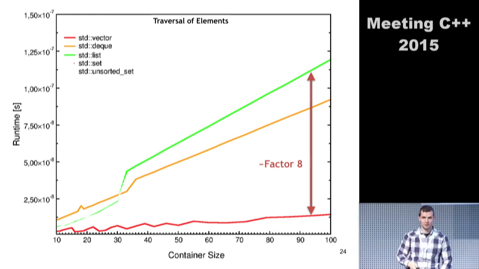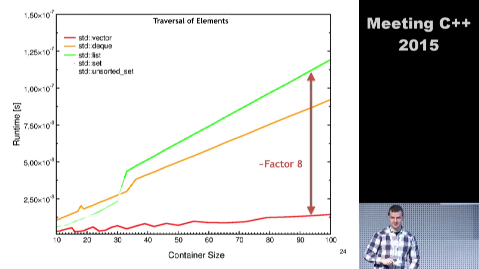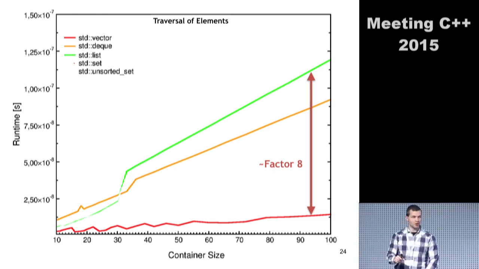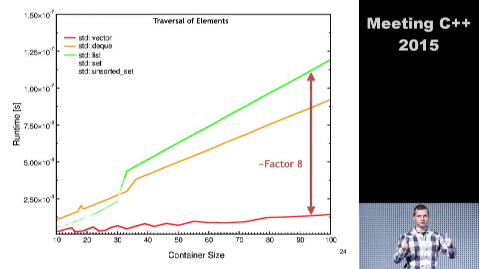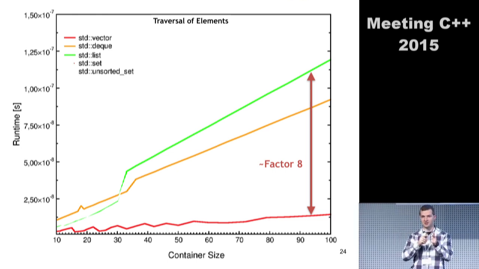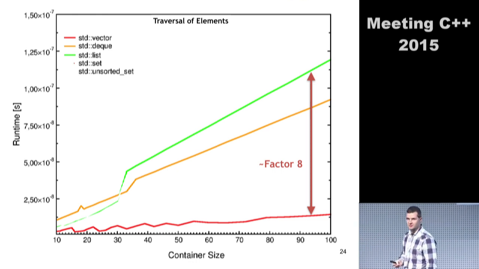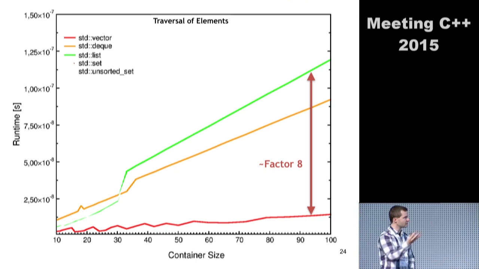Is this measurement with cold or with hot cache? Do you iterate over the same elements all the time? Yes, exactly. This is hot. So, I showed this before. There are thousands of iterations over all elements. So I traverse not just a single time, I traverse it 100,000 times. It's approximately 2 seconds that run the benchmark, and then I divide by the number of iterations.